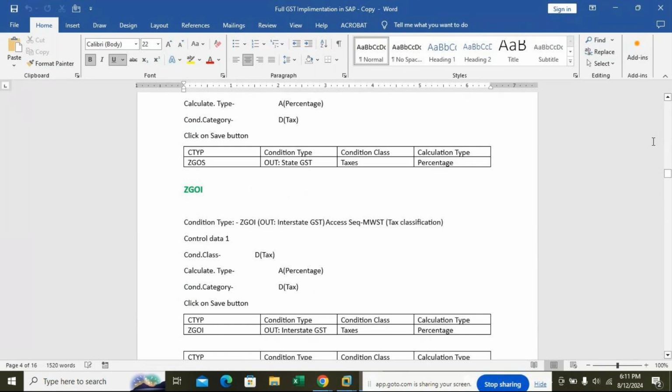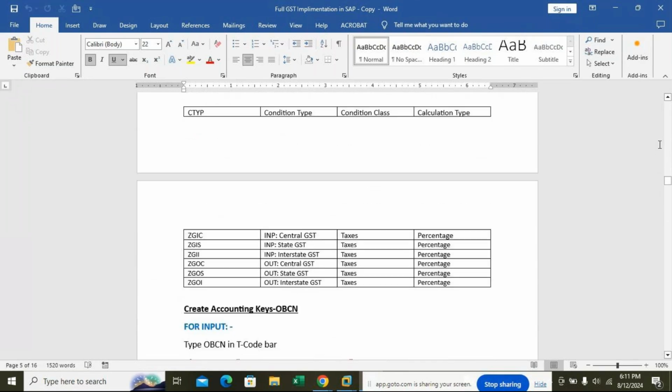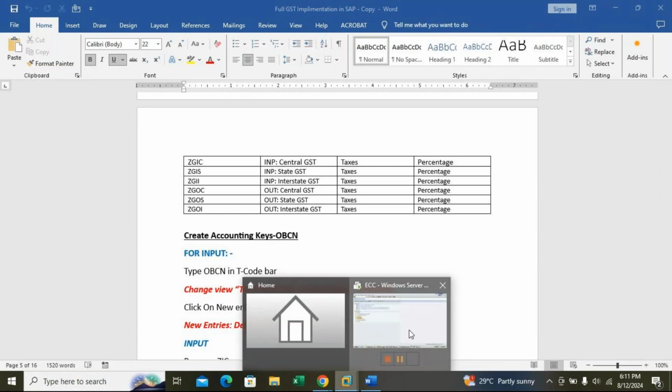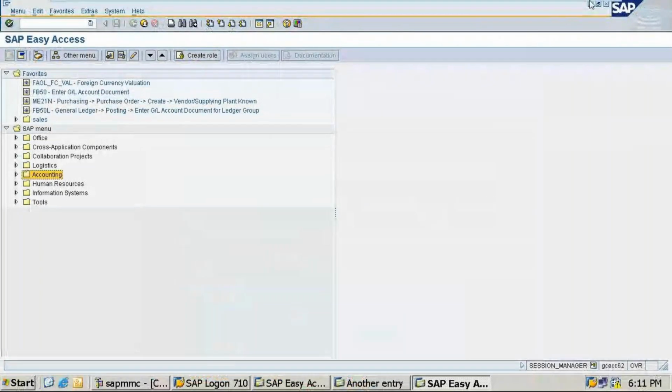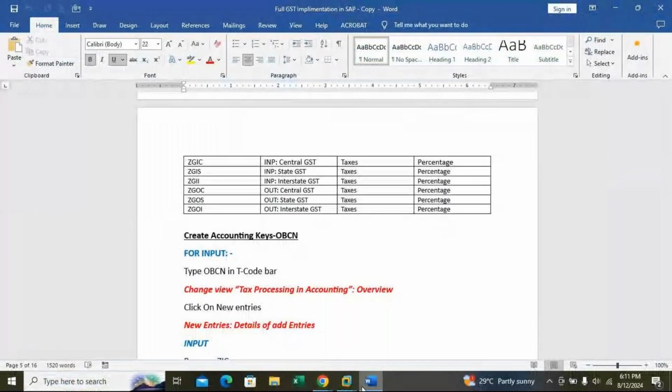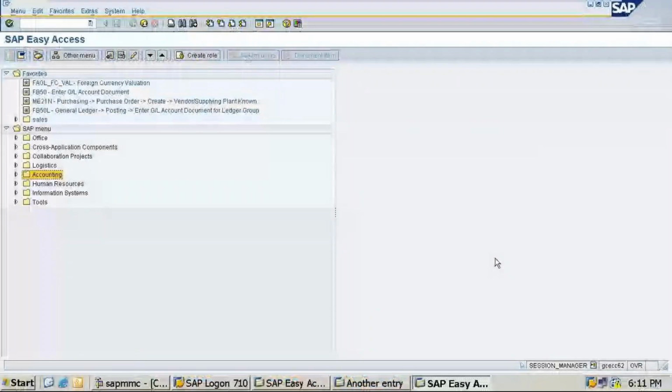What range have I given? M range I have given, right? Then accounting keys. We have created the accounting keys, OBCN, for input.